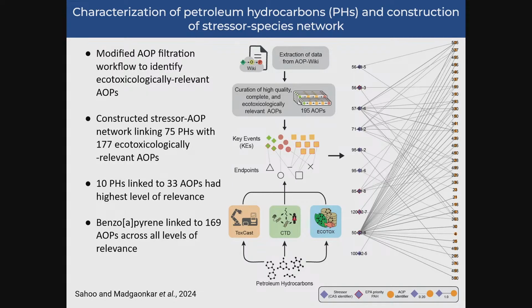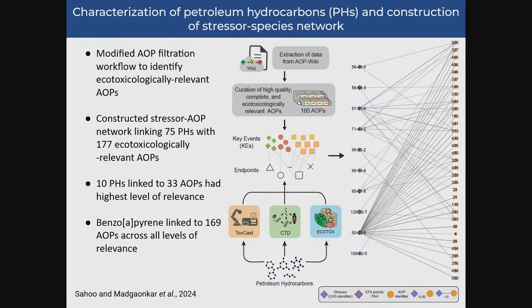This is the stressor and species network, stressor here being the chemicals, and we successfully found the association between 75 petroleum hydrocarbons with 177 ecotoxicologically relevant AOPs. These were then divided into various levels of relevance according to the evidence which was available. In the highest level of relevance, we find that 10 petroleum hydrocarbons are linked to 33 adverse outcome pathways, out of which benzopyrene was the chemical linked to most of these adverse outcome pathways, and we considered benzopyrene for